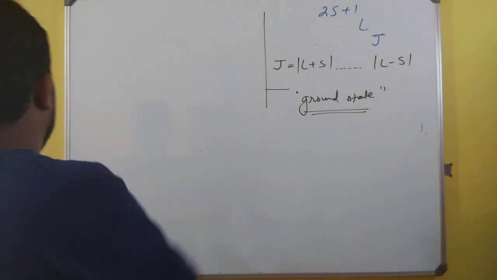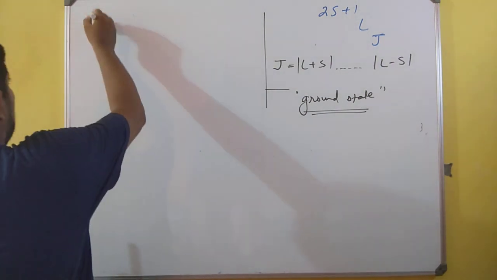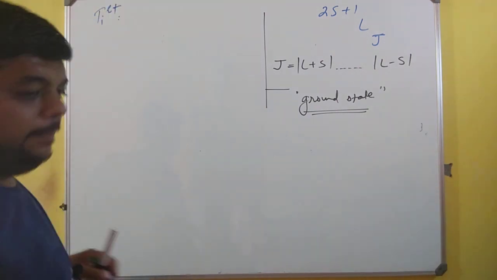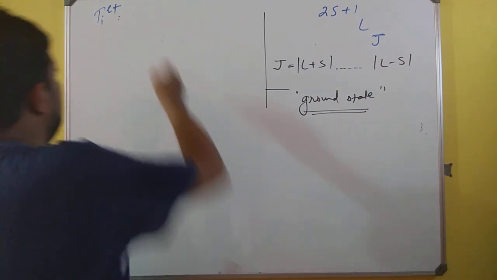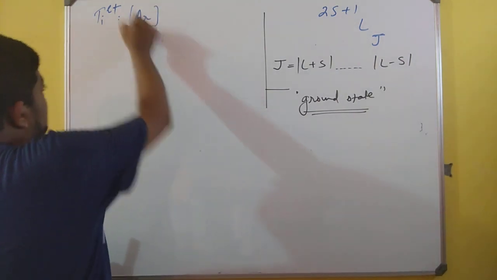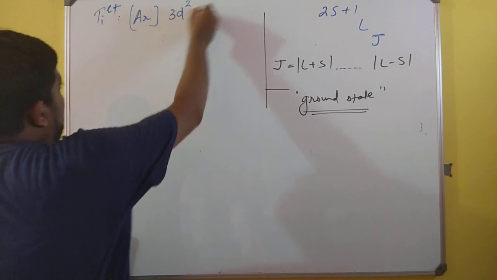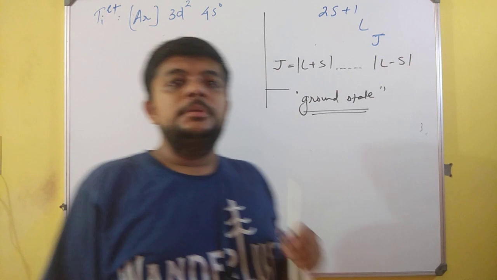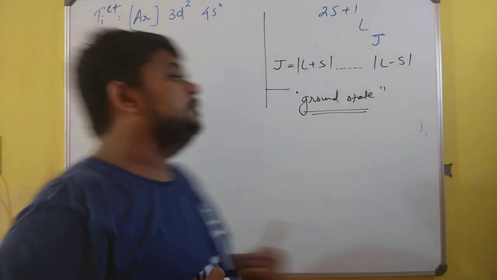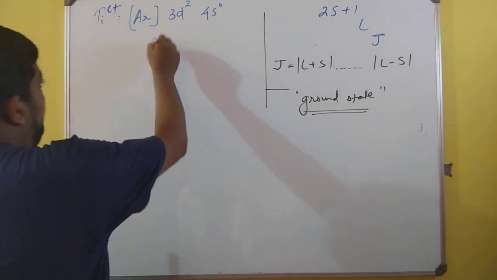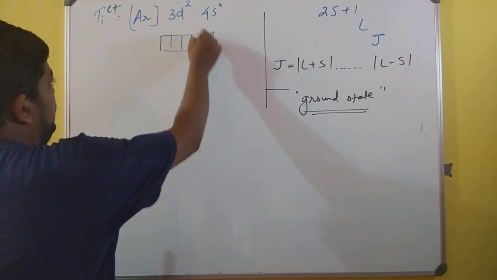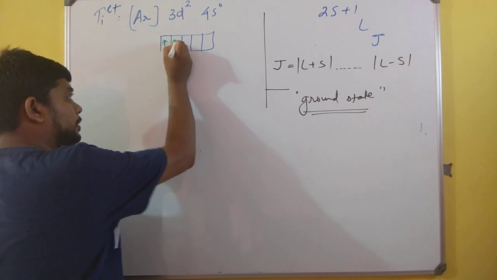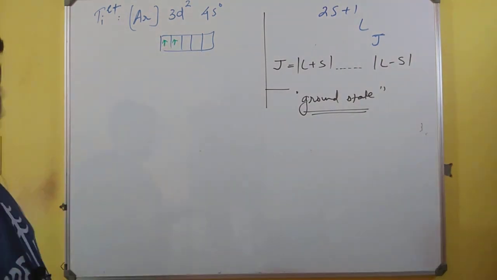See what happens if I am trying to find it out for titanium 2 plus. When I say titanium 2 plus, it will be argon 3d2 4s0. There will be 2 electrons in the 4s of titanium, but when we make it titanium 2 plus, these 2 electrons will be removed. Now I will just mention these 2 electrons very simply by their symbols. What are we now supposed to do?